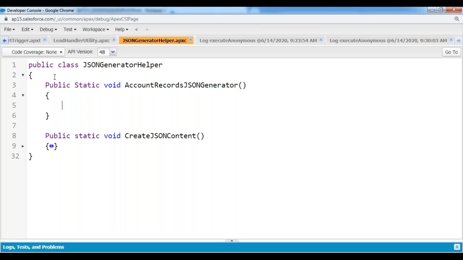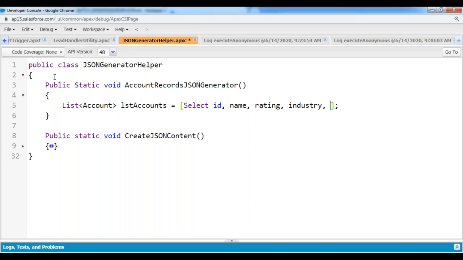So first of all, I need to collect all the account records. Now I'm collecting. List<Account> lstAccounts equals to, I'm collecting. Select ID of the account, name, rating, industry,